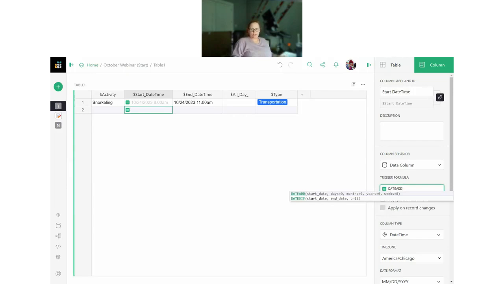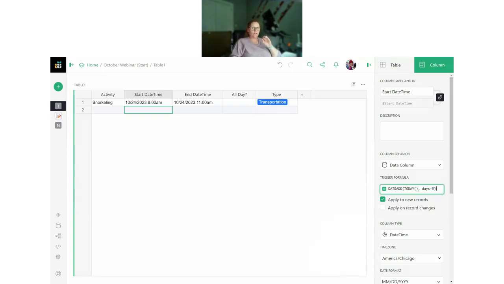But that's the function we're going to use. The start date we'll say is today, which is itself a function, all capitalized, open, close parentheses. And then let's say we want 5 days in the future. So we do days equal 5, close, and we're going to apply it to new records. And so when I create a new record, that date,